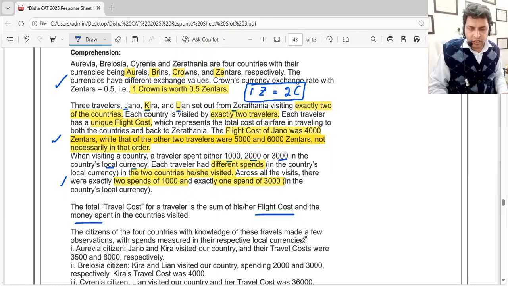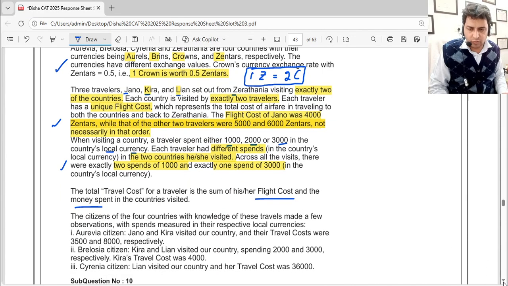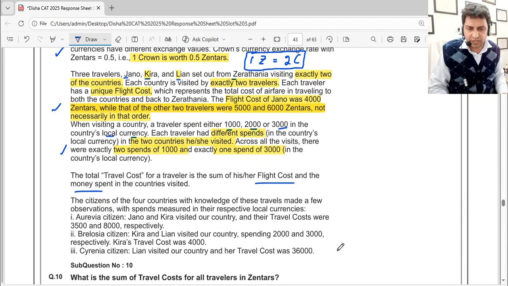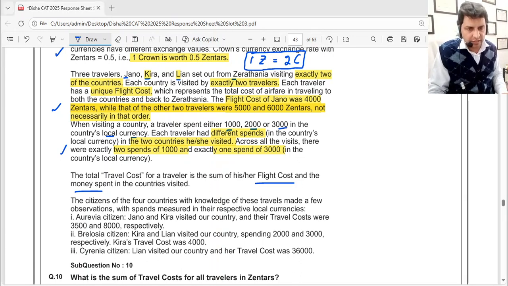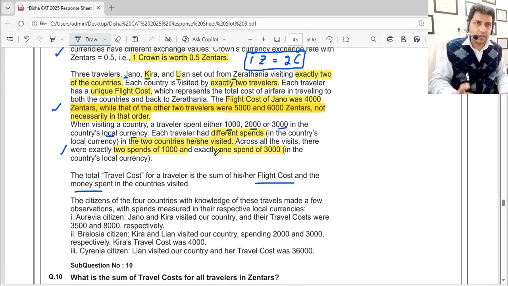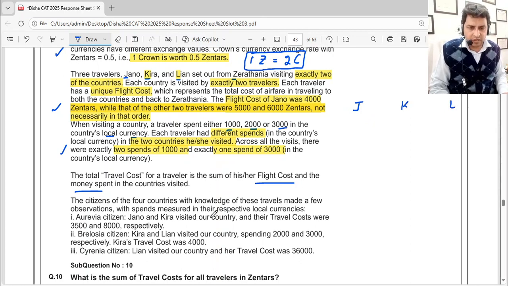Now the citizens of 4 countries, with knowledge of these travels, made a few observations with spends measured in their respective local currencies. A citizen said, Jano and Kiro visited our country. So let's now start making the table, the grid, so we can write down all the information. First of all we have 3 people. The first one is J. For Jano write J, for Kiro write K, and for Lian write L. Now a citizen said, Jano and Kiro visited our country. So that means they visited country A,